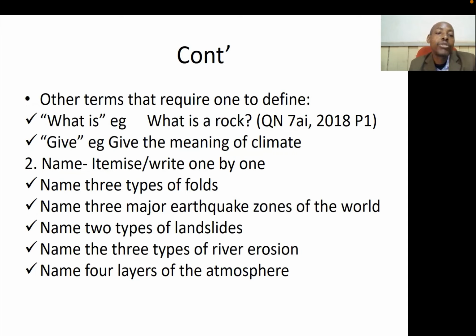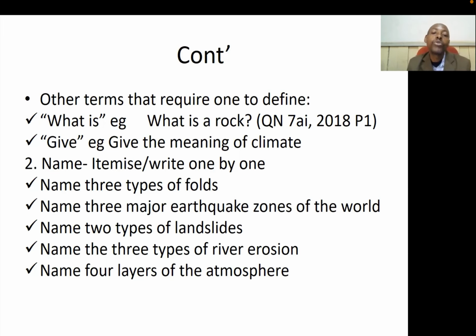Give is also used. For instance, give the meaning of climate. Then the second term is name. When you are required to name, it requires you to itemize or write one by one. For instance, name 3 types of folds. So this just requires you to give names without any further